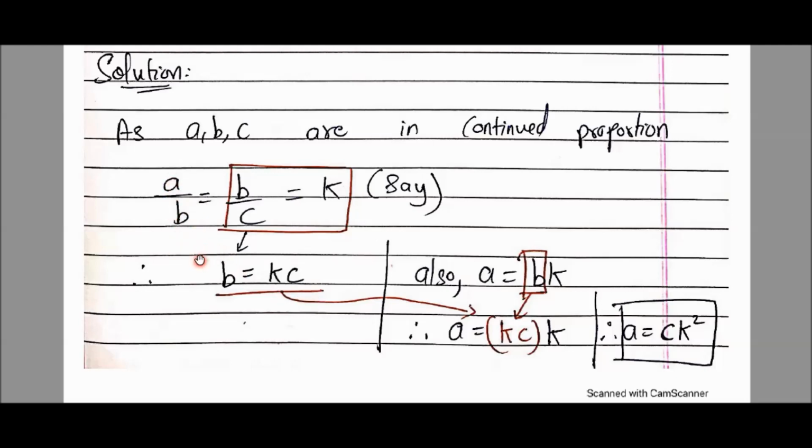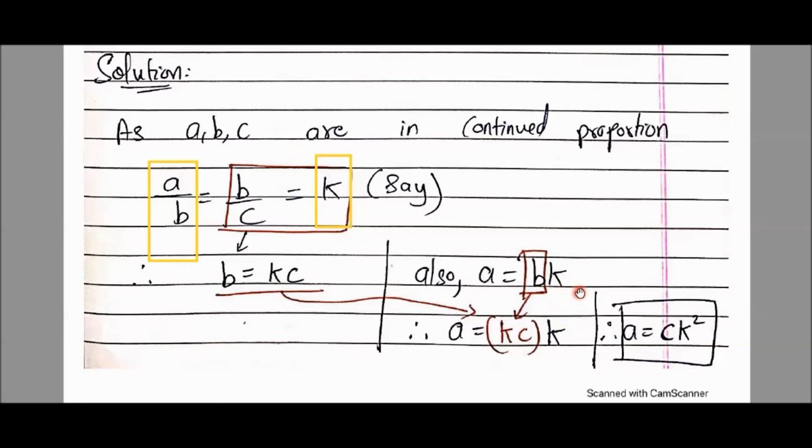Now I am considering the first ratio. Now I can say once again that A upon B is equal to K. Now consider that there is no B upon C; I am hiding B upon C. So A upon B is equal to K. So can I say now that once again this B can be multiplied with K up? So what will be the value of A? A will be BK. See here, A is equal to BK.